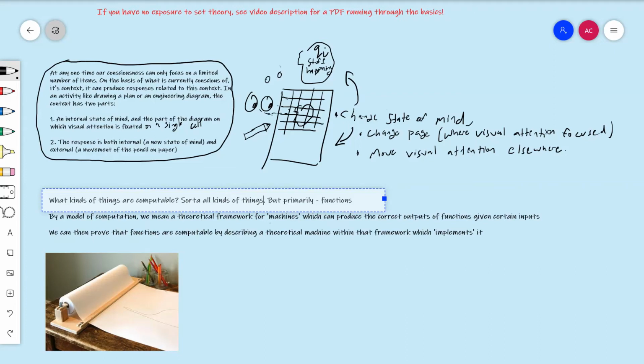So, today we are finally going to define Turing machines formally, and in that sense we're going to actually start doing some real math. Before we start, I wanted to mention that if you've never seen any set theory before, you have no exposure to it,